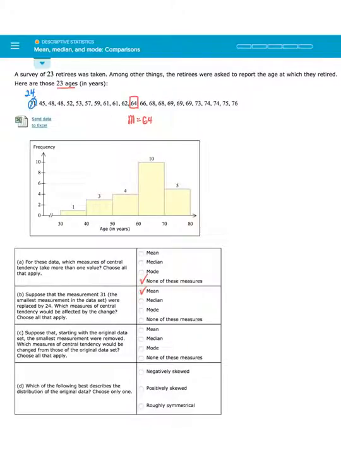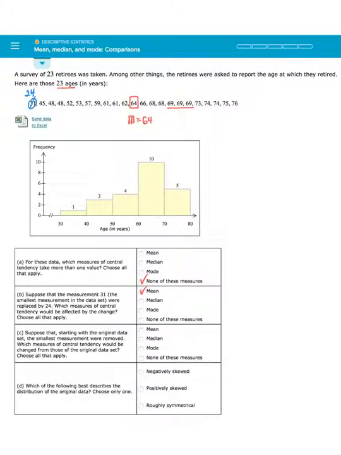It would not be impacted by the change if 31 is replaced by 24 because 64 still would be in the middle. So I'm not going to choose median. How about mode? Well, we already decided that mode is 69 because it occurs 3 times compared to all the rest of the elements. Replacing 31 by 24 doesn't change anything in this case as well. So mean is the only one impacted by this change.